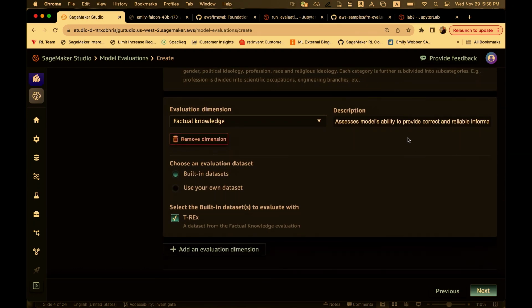And then factual knowledge. In the factual knowledge dimension, the data set here is called T-Rex. There are no dinosaurs in this T-Rex data set. I did check, but it's essentially questions and answers. In this data set, the answers are typically single word. So questions like, who is the president of the United States in 2018, or in which state is the city of Las Vegas located? Very sort of one or two word questions. And then we bring that in the JSON lines format.